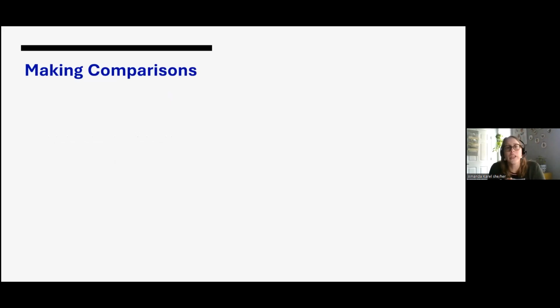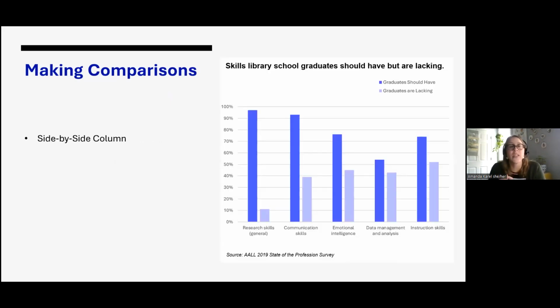As I mentioned earlier, making comparisons are also a great way to start talking about content. The chart most typically used to compare data in a visualization is the side-by-side column. In these charts, data is compared by looking at the relative size of one column to the one that's next. But you want to be careful with these because having too many columns can make the chart